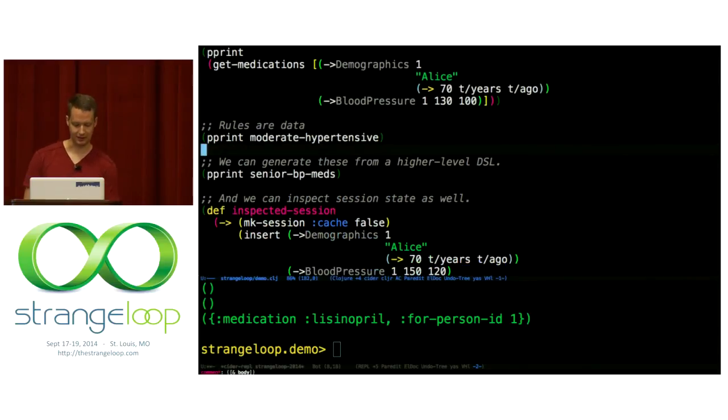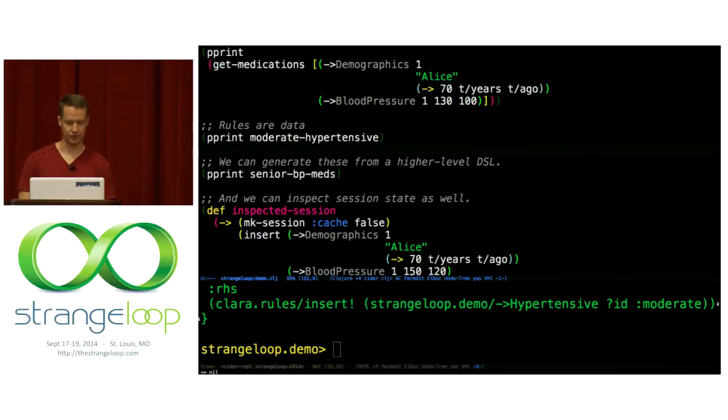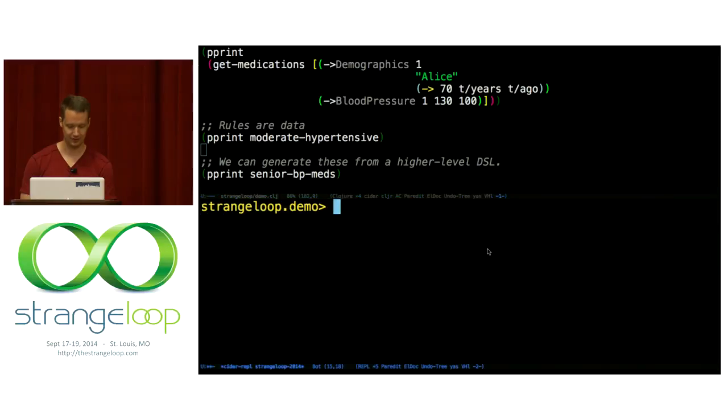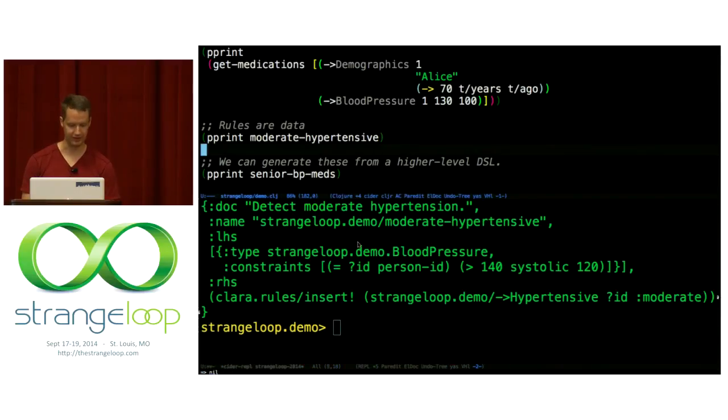I'm going to touch on one more thing before we get back to the slides, and that's that the rule structures are actually also data. If I print out the content of a rule structure, this is just a Clojure structure with the documentation, the rule name, the left-hand side, everything in it. The implication is that we can create tooling to explore our rules, but also if I want to implement my logic using some higher level expression, we can actually generate these rules.